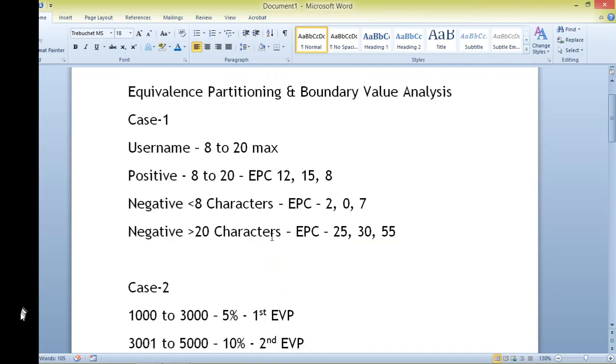So having said that, now can we do this for the first scenario also? Okay, so the positive scenario is from 8 to 20, correct? So you're choosing any nominal value. You can implement the boundary values here. So you have to put your values to be 8, which is your minimum value. Then choose your maximum boundary, which is going to be 20. You have already partitioned the two negative classes. So here we will go for one nominal value, which is somewhere around 15, something between 8 and 20 characters.